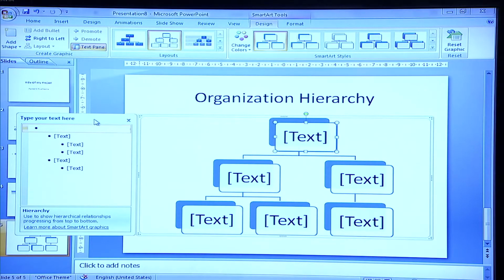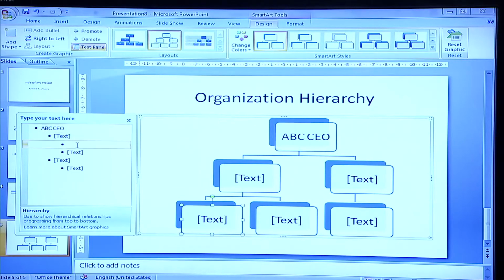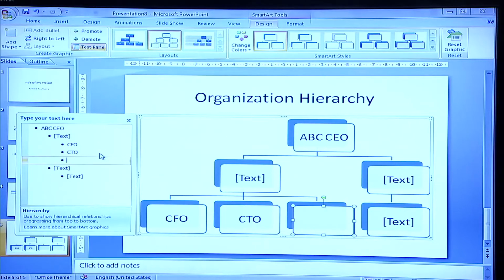Let us say ABC CEO, then CFO or CTO. You can also add a box by using the same option here. This is the Chief Operating Officer, COO.